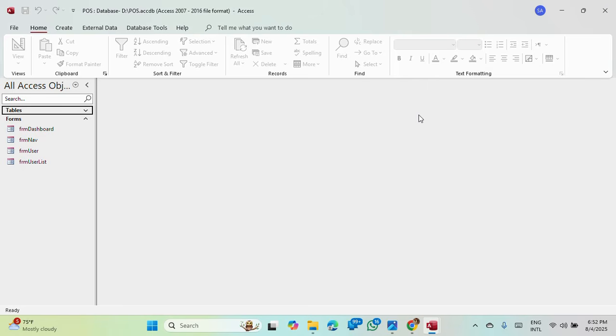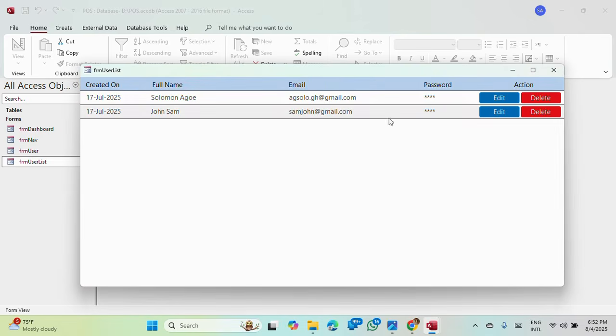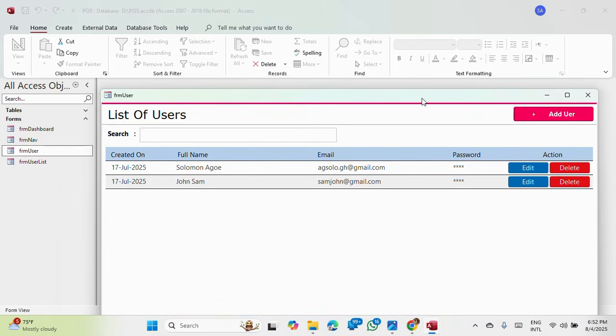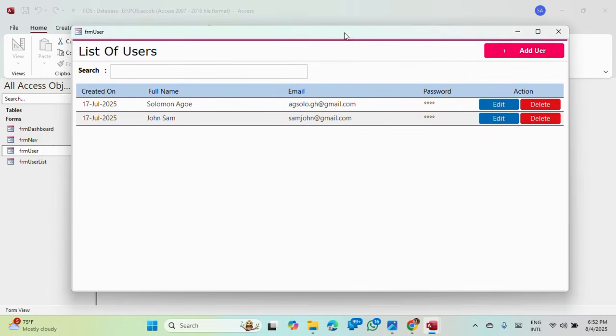It's Agtech here. I'm here with another episode on the development of the billing system that we started. Remember, last time we developed the user list form. So let me open it up. Yeah, so this was the form we developed as a sub form, and this is the user form that we did. What we are going to do today is create the user add form, and then we look at creating other forms